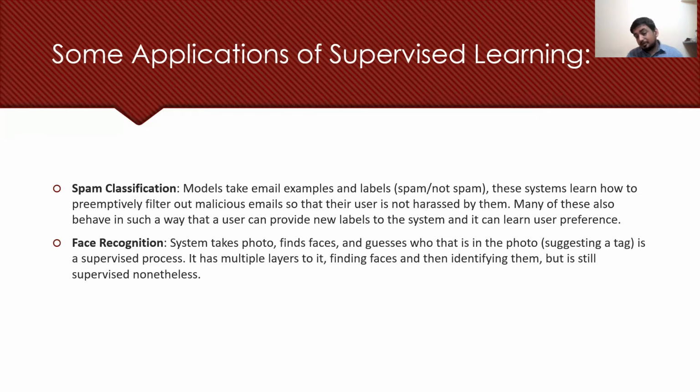Now, some applications of supervised learning. Spam classification, as I have told earlier, is used to classify whether the mail is spam or not. In the case of Gmail, Yahoo Mail, and any mail, we can use machine learning to classify whether some mail is spam or not. Face recognition is also a type of supervised machine learning. Let's say it scans my face, so we have to tell it that it's Suraj Patel's face. If it scans Devon's face, we have to tell it it's Devon's face. If it scans your face, it has to tell it's you.